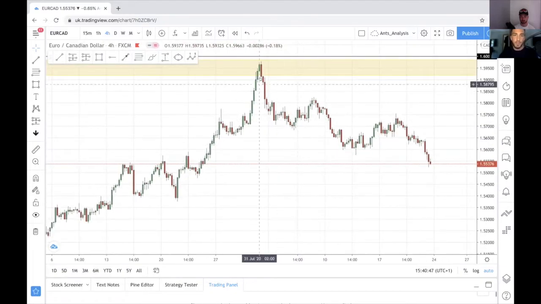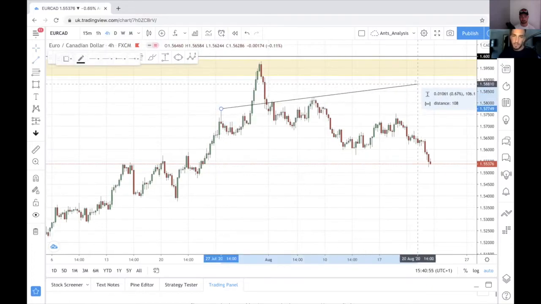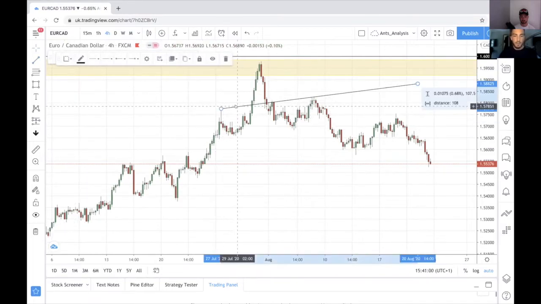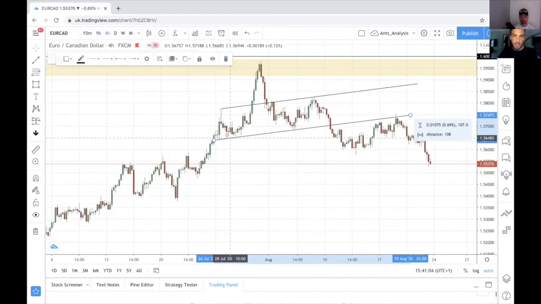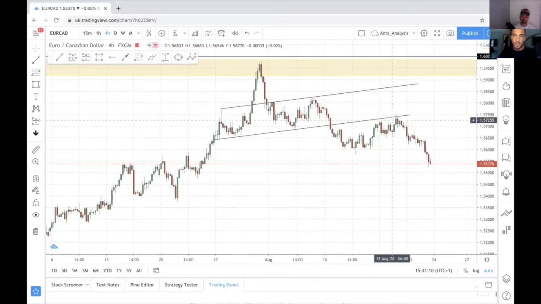To start with, what we did form was a head and shoulders pattern in the market, and it's a tilted head and shoulders. So if I draw a tilted shoulders line and then copy and paste that, we can see that it matches up with the neckline like such. And then what we actually formed was a head and shoulders break and retest of the neckline. As you can see, we broke through the neckline and slowly pulled back to retest the neckline,